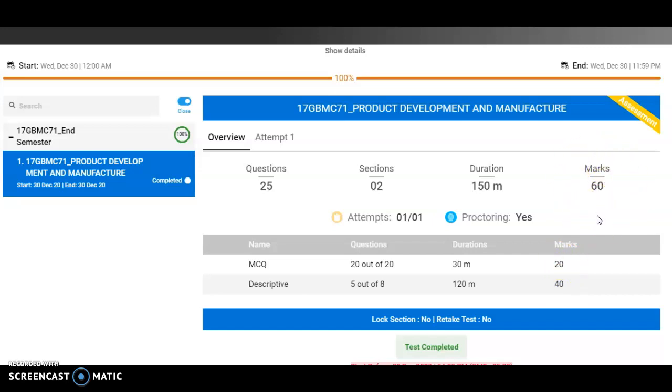So the duration for this exam is 150 minutes. Actually, this exam is already completed. So here you are seeing it as test completed. Test is completed, that is 100%.